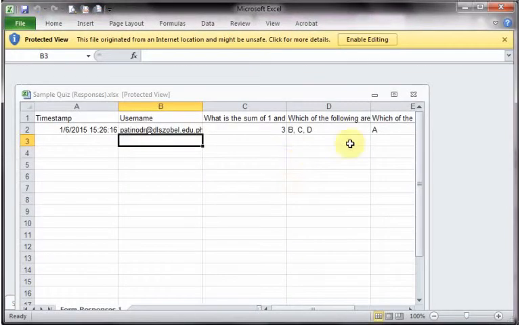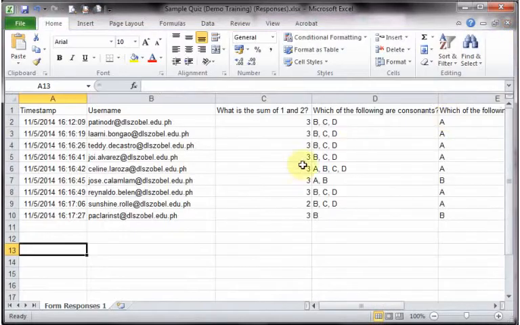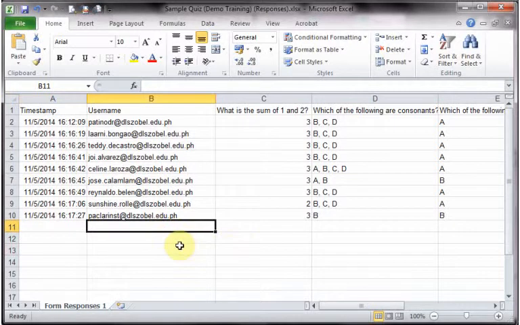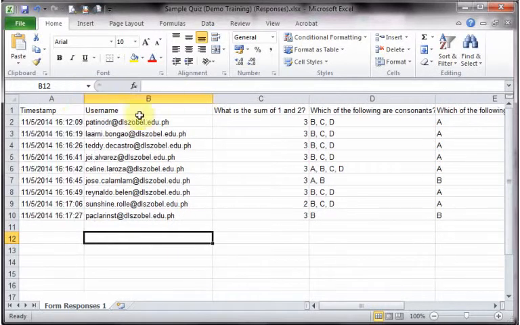Okay, so we only have one record here. I actually have another file here that has been populated earlier, and we'll make changes here. So basically same set of questions. We'll change the width of the columns,